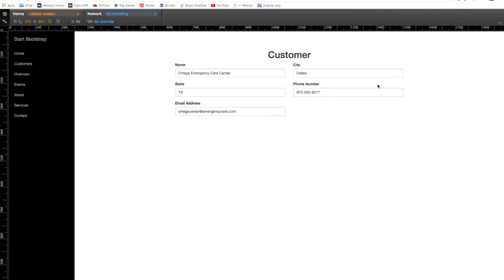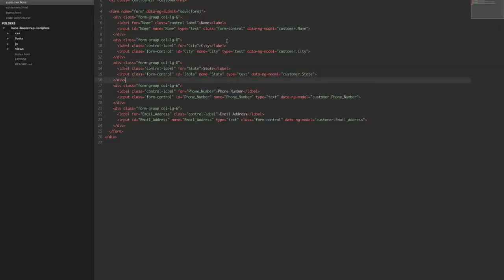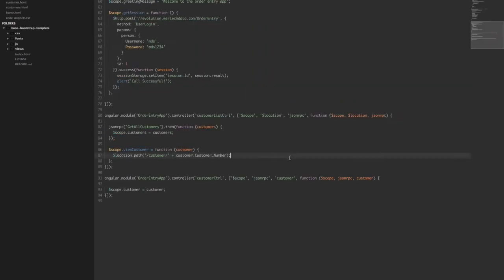Voila, we have this nice form. Everything's evenly spaced. You can read things. We have a little bit of highlighting for whatever one is focused. Okay, this is more of a usable thing here that we can have. So let's give the user the ability now to update this customer. So in order to do that,